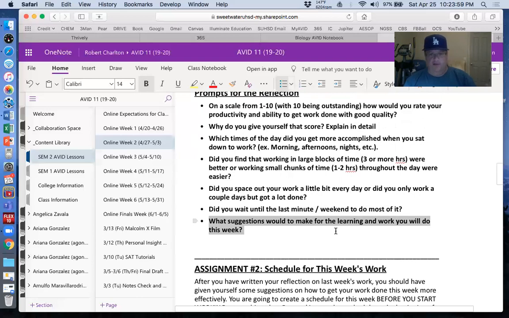Or maybe you find that waking up and getting started by 8 o'clock, I can get more done between 8 and 10 than I do between 3 and 5. So I'm just going to try and get it all done in the morning. It really is a matter of what works for you. I'm not here to judge you. Some people work great in the morning.